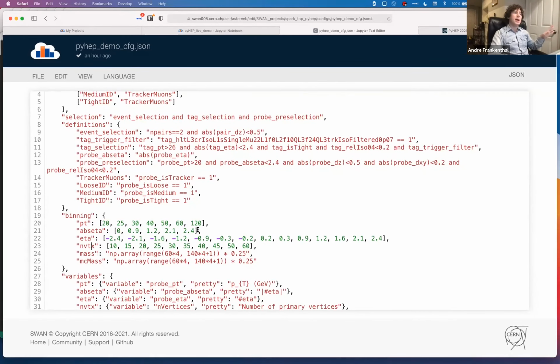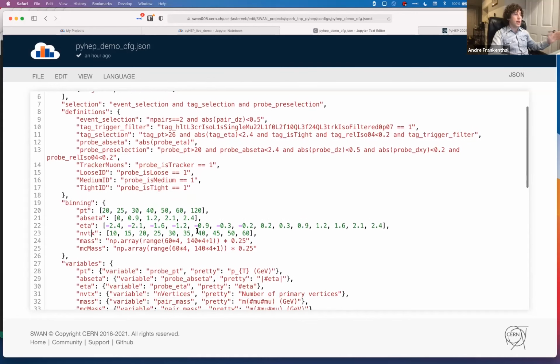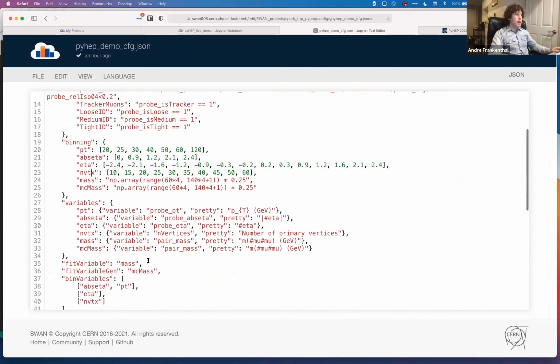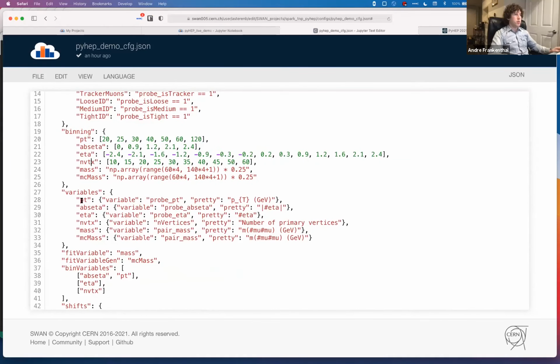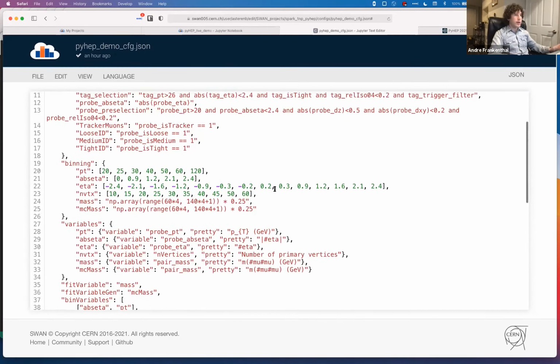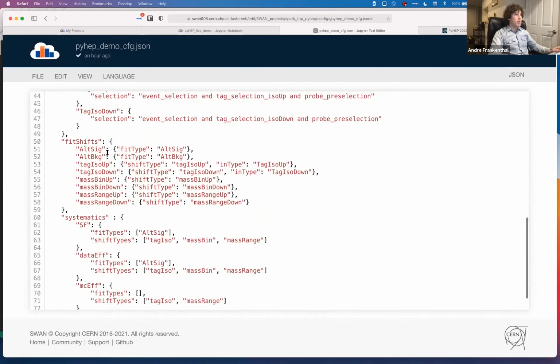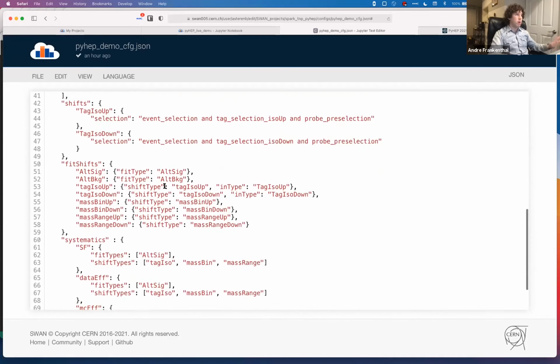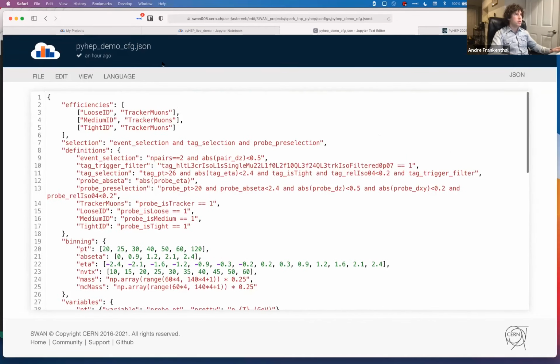If the variable is inside the ntuple in the schema, you can use that as a binning. Here we're just giving it the variable, so when we say pT, we really mean the probe pT inside the ntuple. And then we can also give it a pretty name that will be printed. So that's all that the config needs. There are also some systematic variations that you can define, but I won't go into that here, just for sake